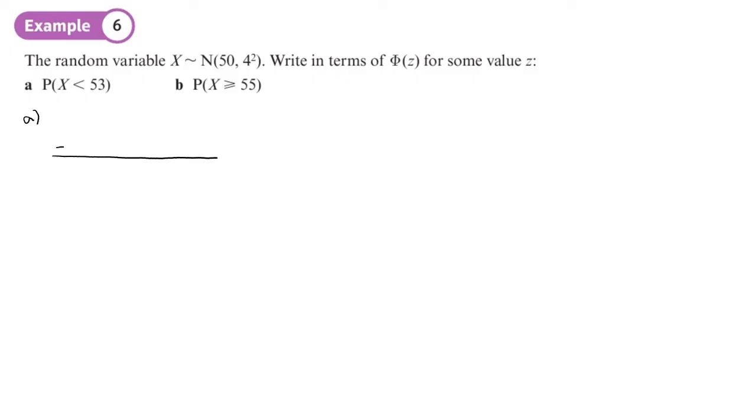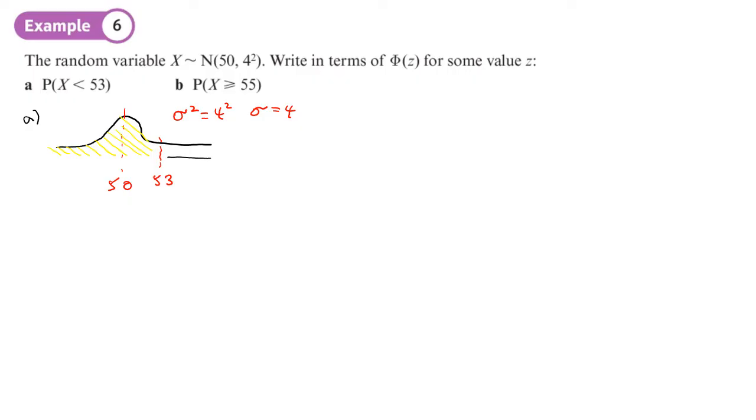I always draw a normal distribution and put in the values. So 50 is my mean, my variance is 4 squared, which means that my standard deviation is 4, and 53 is going to be over this side, and it says less than 53, so it's all about finding this area here